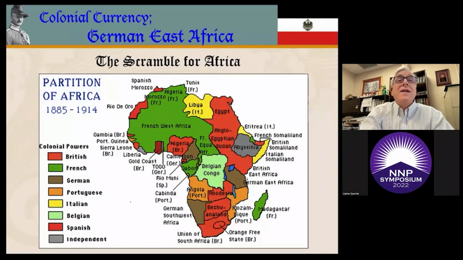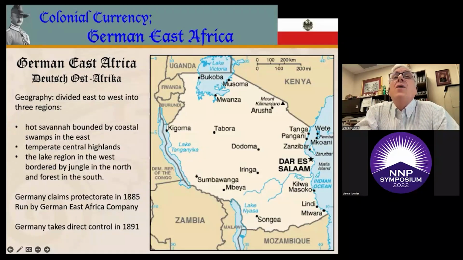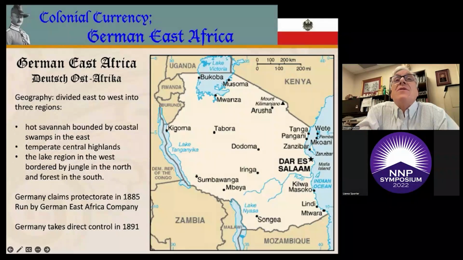German East Africa was located in Eastern Africa in what is now part of modern Tanzania, Rwanda, and Burundi. The Germans first laid claim to these territories in 1885 when the Deutsche Ostafrikanische Gesellschaft, German East Africa Company, was formed to colonize and exploit the resources of the region. In East Africa, Germany, working with Great Britain, who had major contacts and also naval support in the region, worked to consolidate their hold on the claims that they had made.